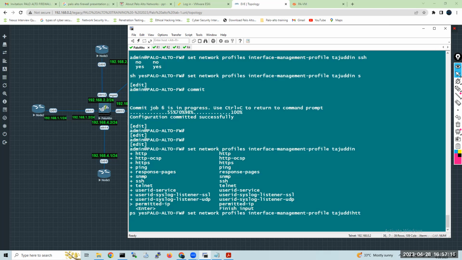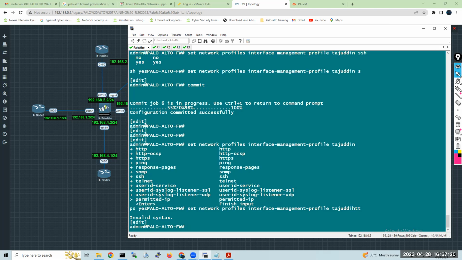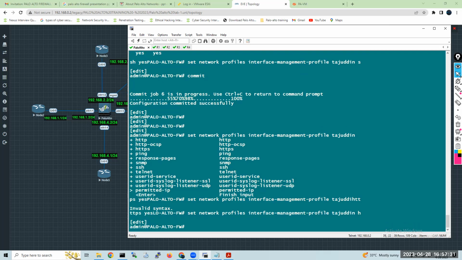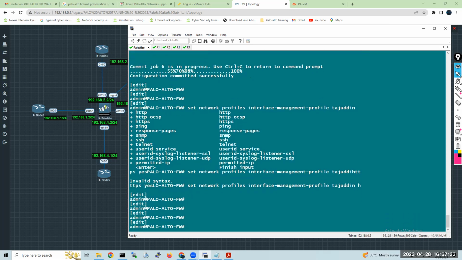Set network, space you have to do it. Interface management, HTTP. Okay, so we have done it, right?